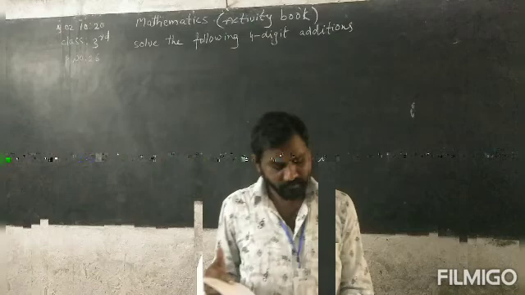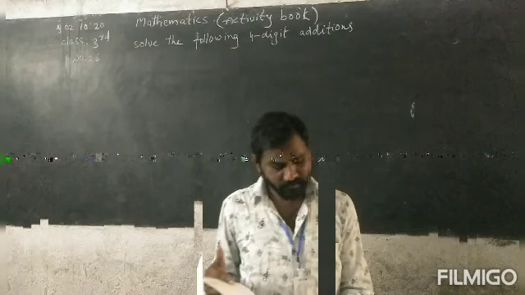First, add the digits in the ones place. 2 plus 5, what will it be? 7. Write 7 under the ones place. Next, 9 plus 9. Look at the blackboard, everybody. Keep 9 in the mind and take 9 fingers in your hands. You can count from 9: 10, 11, 12, 13, 14, 15, 16, 17, 18. In 18, 8 is taken and written under the tens place, and the remaining 1 is carried to the hundreds place.